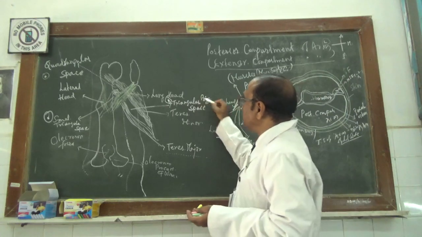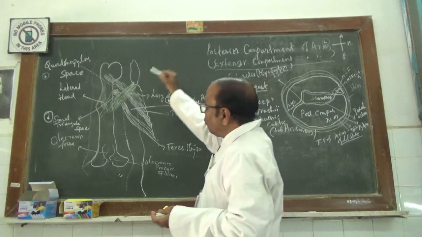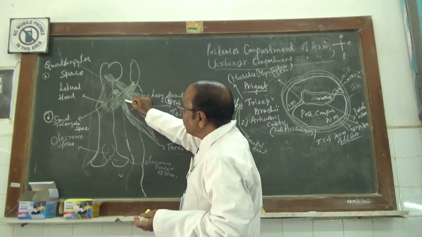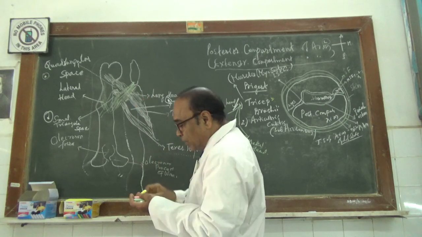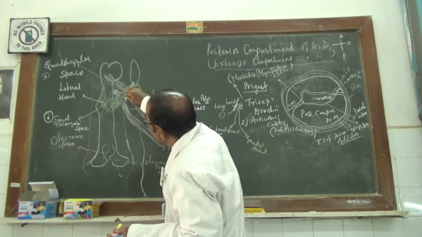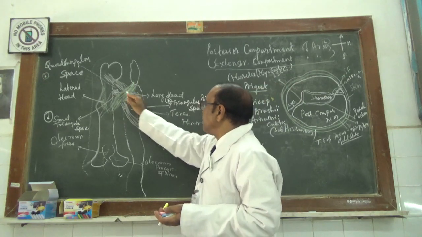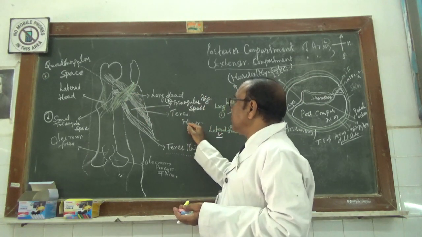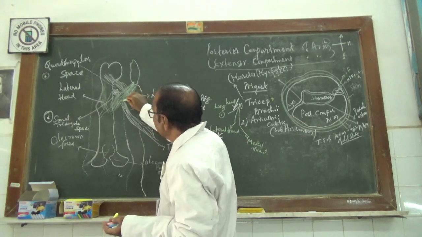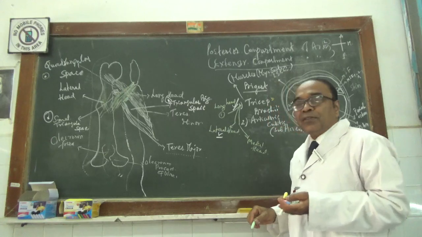Now this big triangular space, its base is directed upwards and laterally, and it is formed by the lower medial fibers of teres, lower medial fibers of the long head of the triceps,